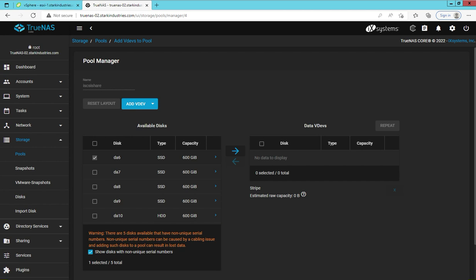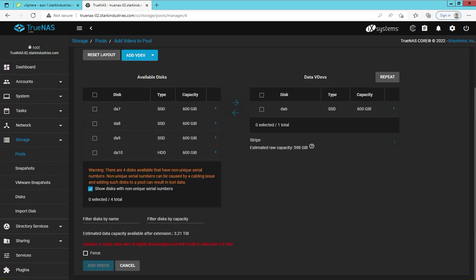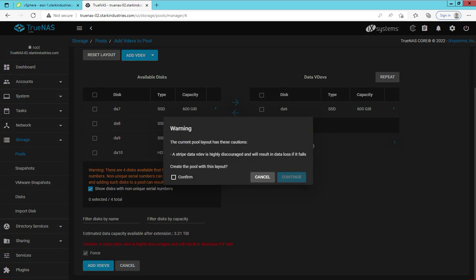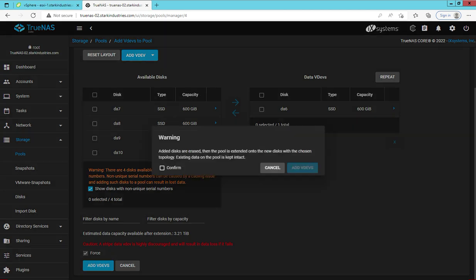I want to add the 600 GB disk to my current vdev, and I click on this right arrow. Once I click on that, I can see now that the disk is added. So I can go ahead and click on force. Once I click on force, it asks me to confirm it again because this is a striped data set. So we can click on continue. Once I click on continue, I again need to click on add vdevs and then click on confirm and add